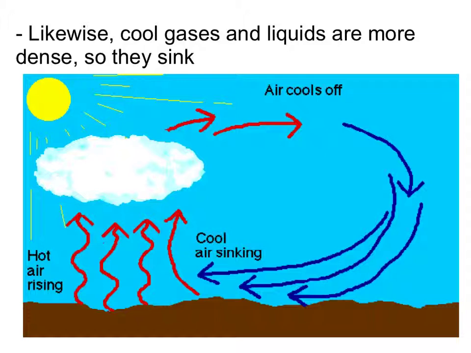So these cool gases, cool liquids become dense. There's more matter packed into any given amount of space, and so that patch of air or water is going to be more attracted by gravity to the rest of the matter on Earth. So it is going to sink down. So you have two parallel processes going on: the hot air rising, the cool air falling, which seems